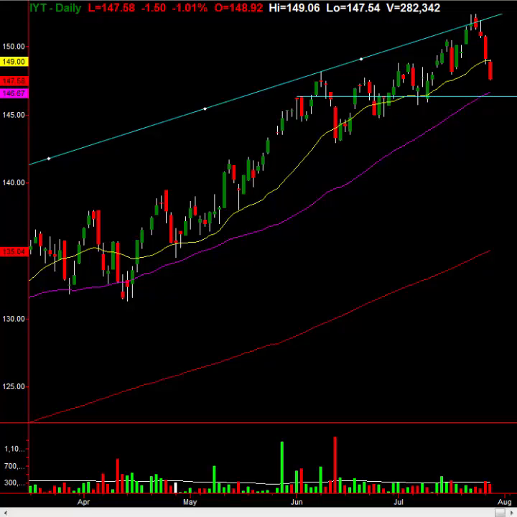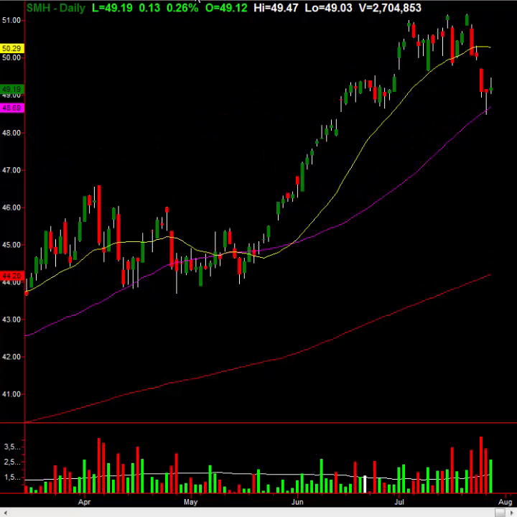All right. And another thing I did this with, take a look at this SMH. SMH is getting a little bit of a bounce, but I shorted SMH right up here because you could see triple top, 1, 2, 3, and it couldn't break through. And sure enough, look at the fall, went right to the 50, and it's getting a little bit of a bounce. So these things are really important.